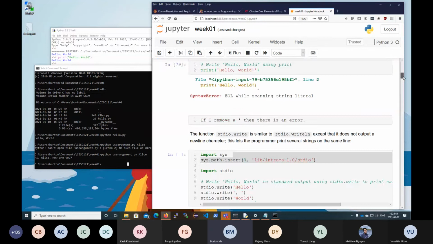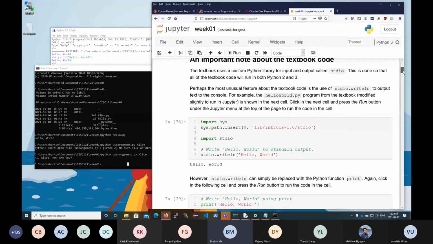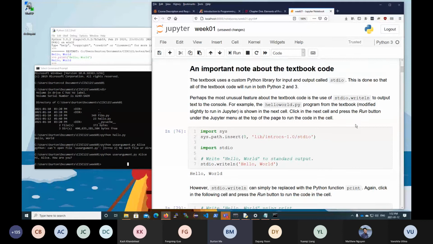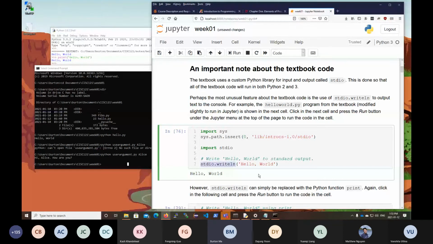Now, if you've taken 101 and you're reading the textbook, your first reaction should be, what on earth is standard I/O write line? What is this nonsense? Right? Because in 101, you almost certainly used print. Right? And so what's going on is that the textbook was written at a time when Python was changing from